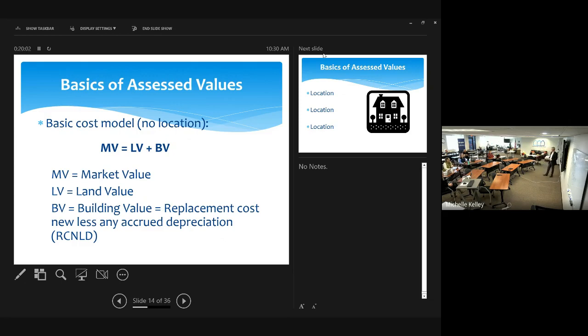Located next to a train track, or something good, you've got a good view of the lake, that's going to be an obsolescence factored into your land value. So that's a basic cost model that we have. We use a manual from the Department of Revenue that all assessors have, that we're supposed to use. But the one thing that's missing right here is probably one of the most